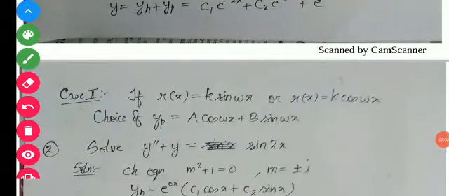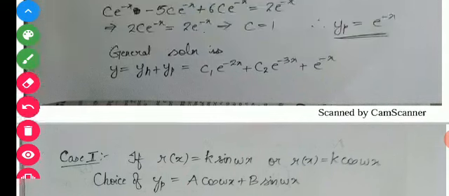Now we look at the second case. It is the case when your right hand side r of x is a sine function or a cos function. That is, suppose if your r of x is sine 2x or say cos 4x, then how to find yp. So we are looking at